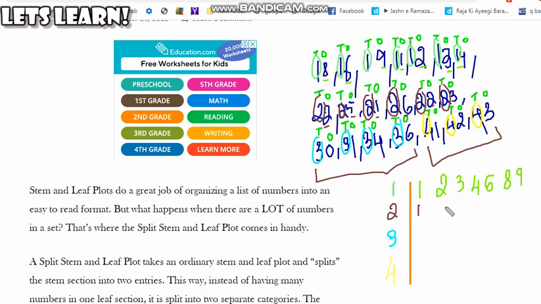Then we have 2, that is 2 | 2. Then we have 3, 2, 3 is 23. Then we have 5, 2, 5, 25. Then we have 6, 2, 6, 26. I hope I've done every number over here.